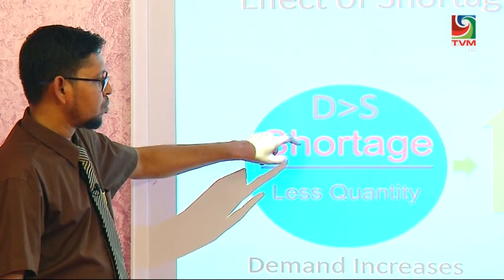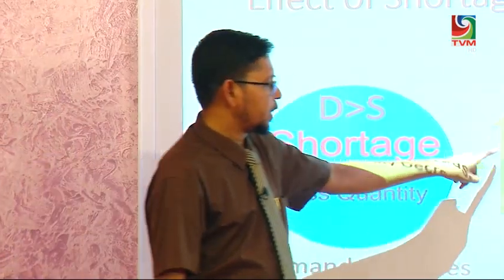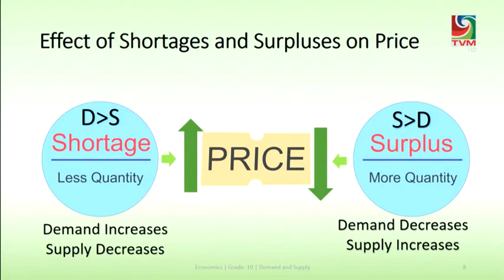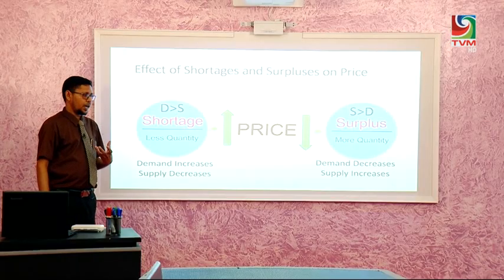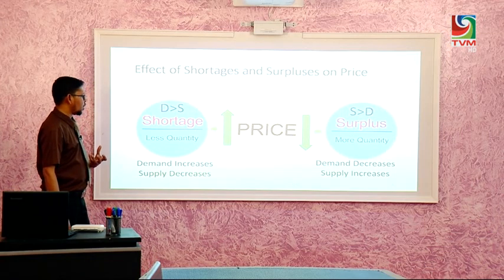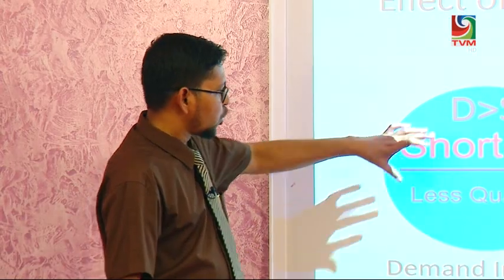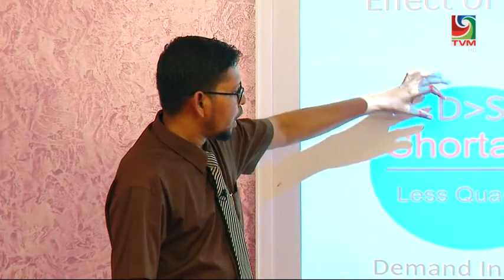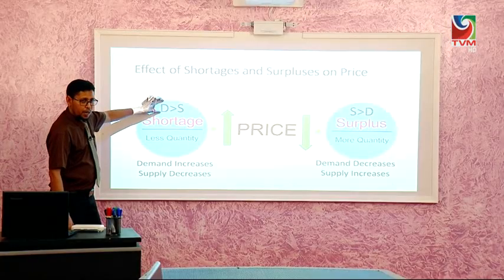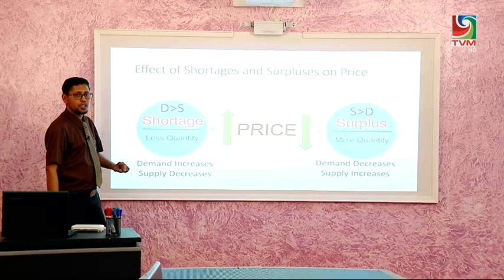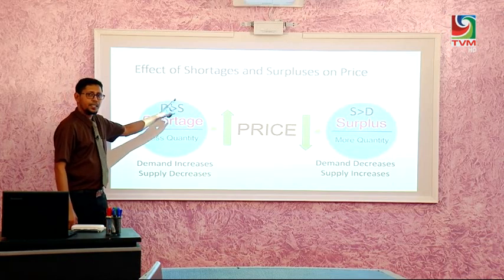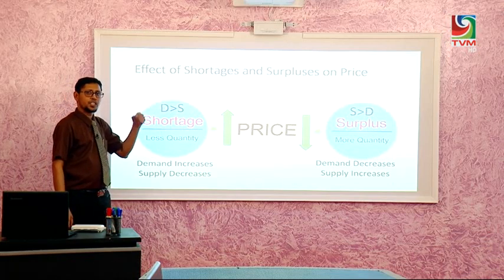Shortage increases the price, surplus decreases the price. So in a demand and supply diagram, how to identify whether it is a shortage or a surplus. Shortage actually occurs when there is more demand and less supply. More demand and less supply. So there is shortage,